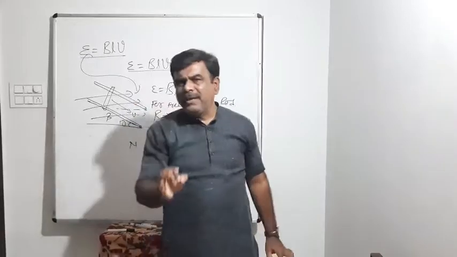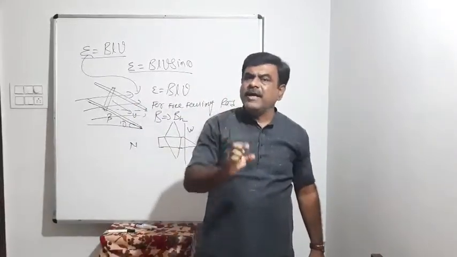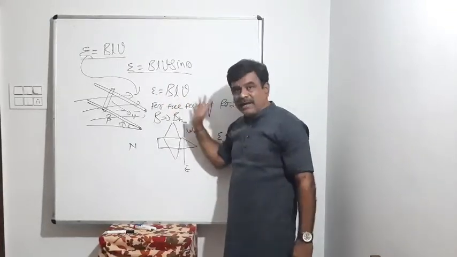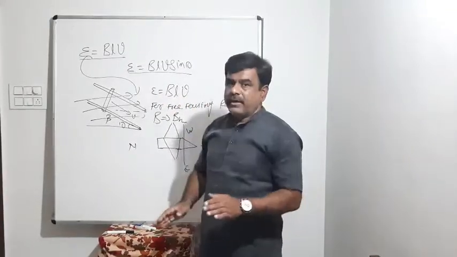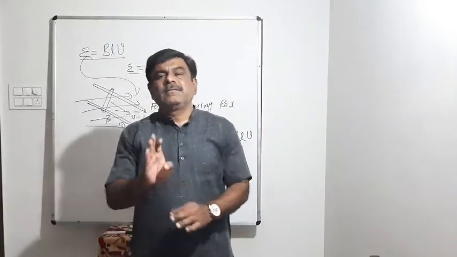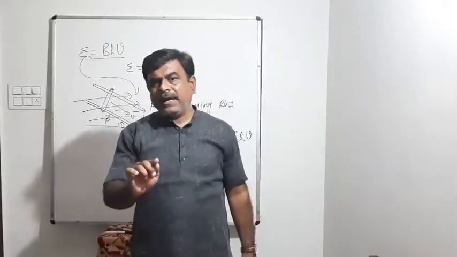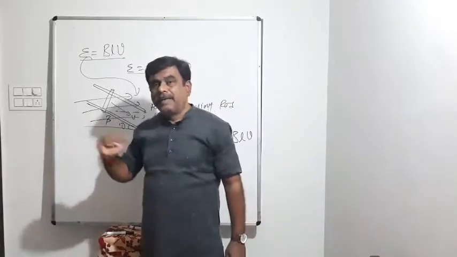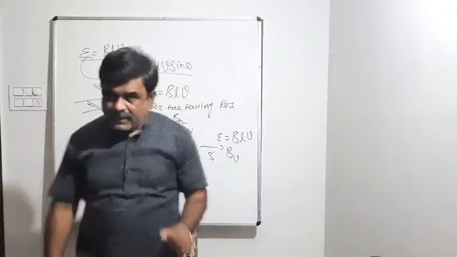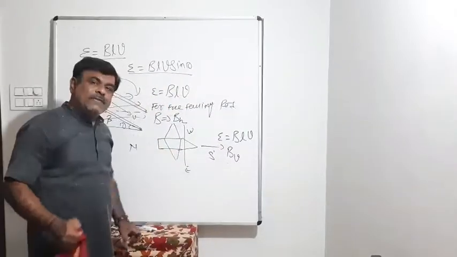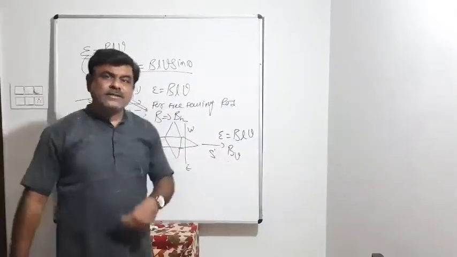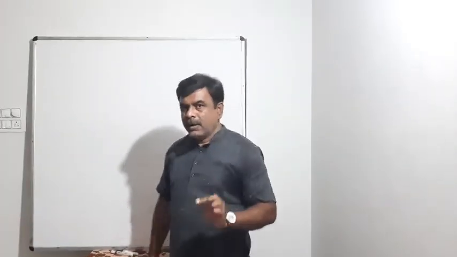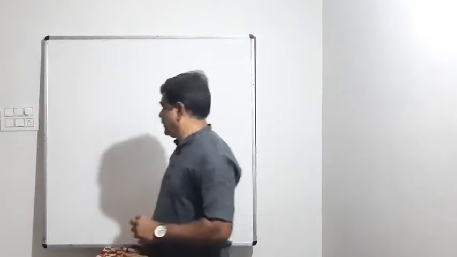So you should always be comfortable about the direction of induced current or EMF when you are applying E equals BLV. Yes, student, here we have discussed motional EMF and Faraday's law, according to which E equals delta phi by delta T, and how to apply that. One more small topic, and then we will go through self and mutual inductance in the lecture to come. One more concept of motional EMF.